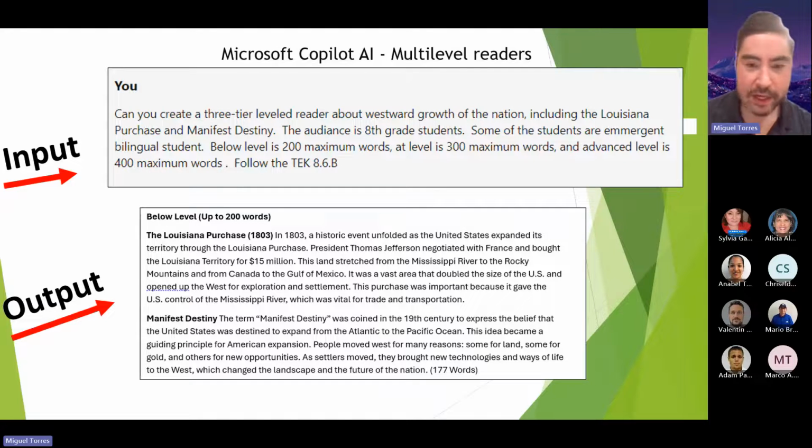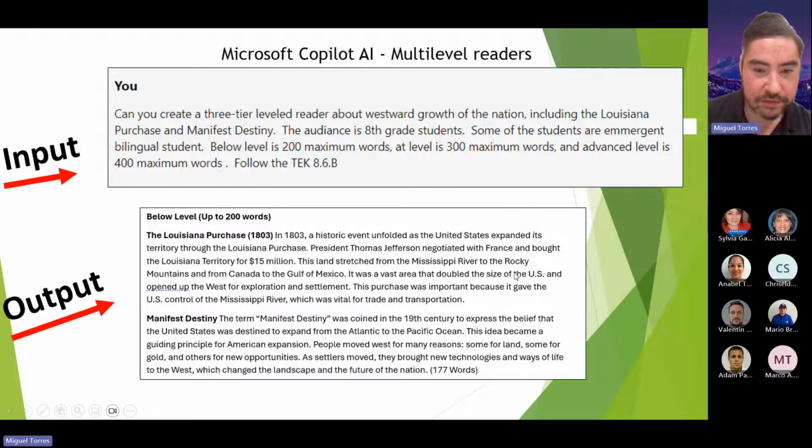I said, remember, it's the same information, but let's just say below level. I could have worded it a little differently, but let's just say you do have EBs, or students have dyslexia, and you need to put it in a way that they can read it easier. But it's going to be the same information as the advanced. It's just putting it in their capacity, their mental fortitude.